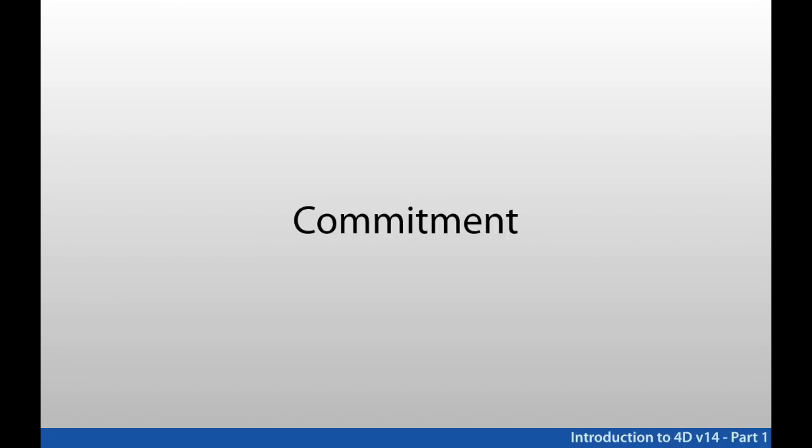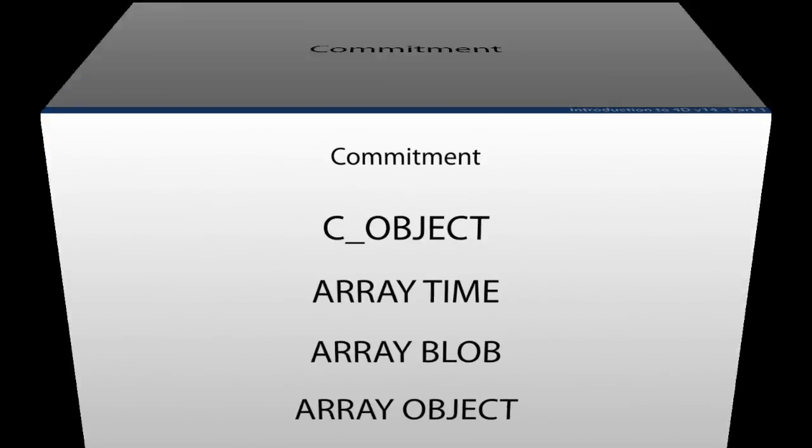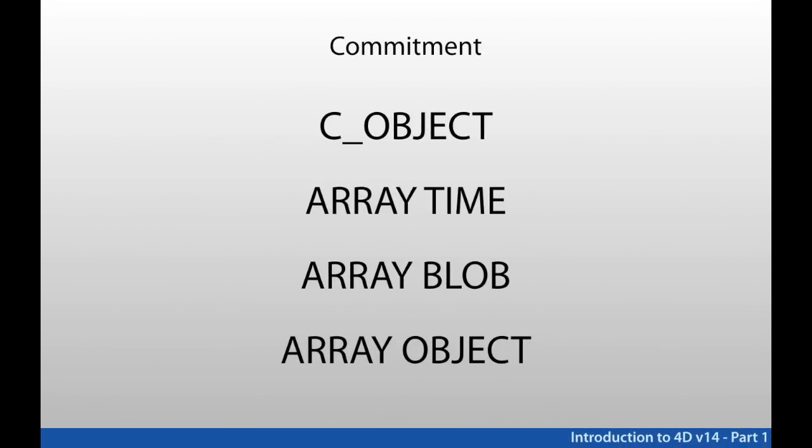The 4D language is very good at what it does. And what you do is you build business applications. And the 4D language is very good at doing that. And so we're going to stick with it. We're going to update it. We're going to modernize it. And CObject is a reflection of that commitment. There's also some other types in v14 that you've been waiting for, like array blob and array time and so on. So I just wanted to make sure and point out that this is sort of a reflection